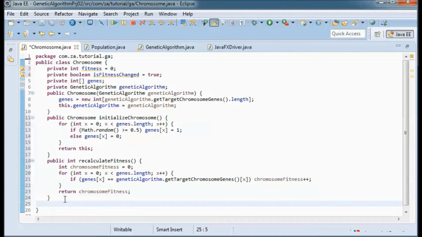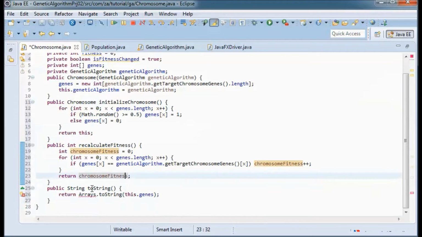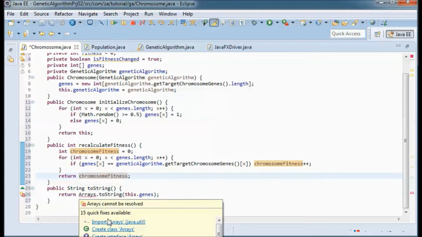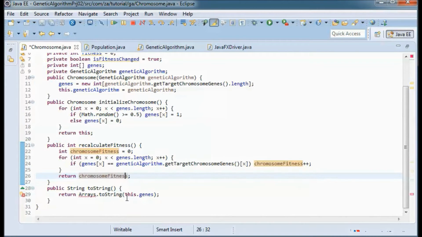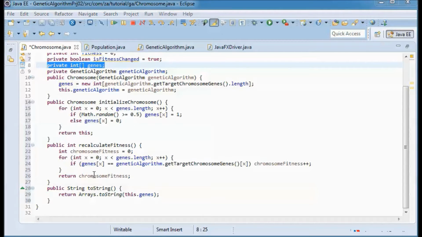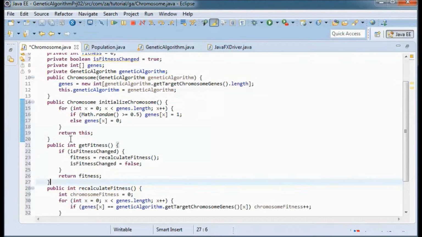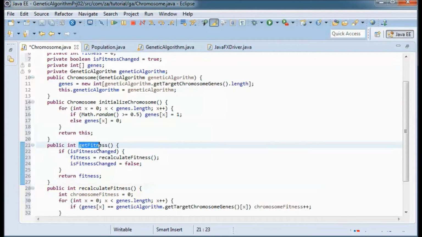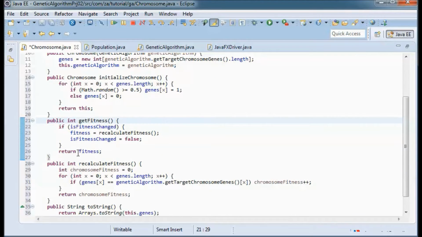And let's have the toString method return the genes in the genes array. So this dot genes, and the get fitness method will return the fitness, but first it checks the isFitnessChanged flag, and if it is, it will recalculate the fitness and set that flag to false.